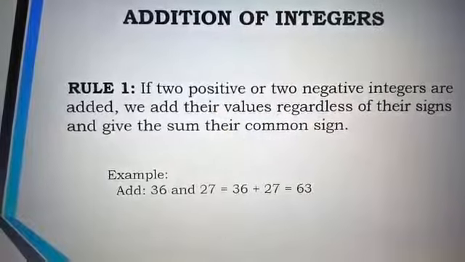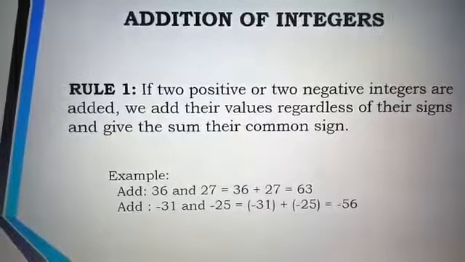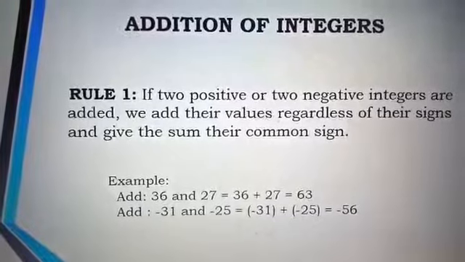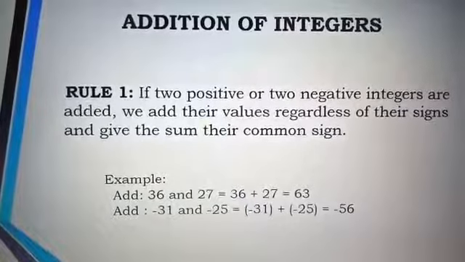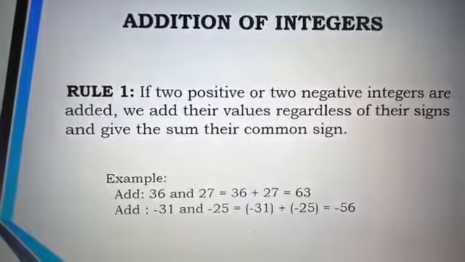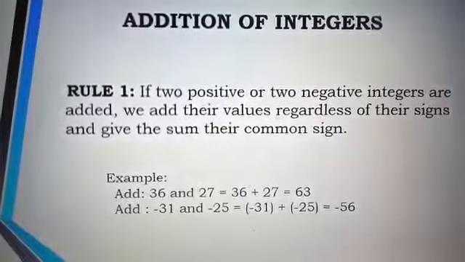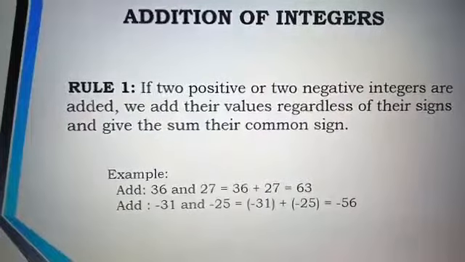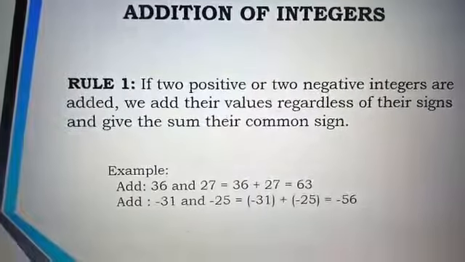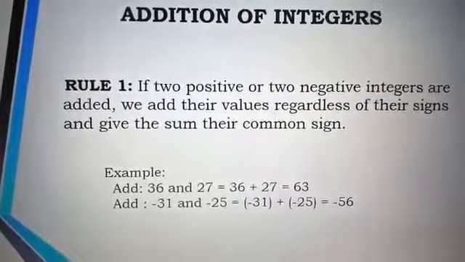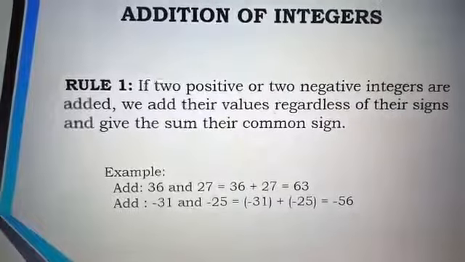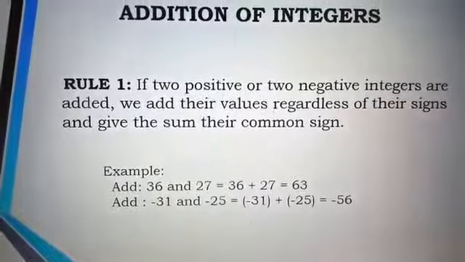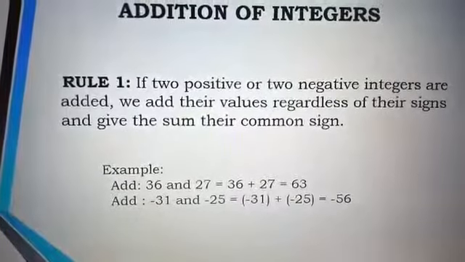In case they have given negative numbers like minus 31 and minus 25, how can we add these two integers? We have to add minus 31 and minus 25, right children? Minus into minus will be a plus, yes or no? So we know the rule: two plus is a plus, two minus is also a plus. If it is one plus and one minus, we have to subtract. This is the rule for integers, right children?